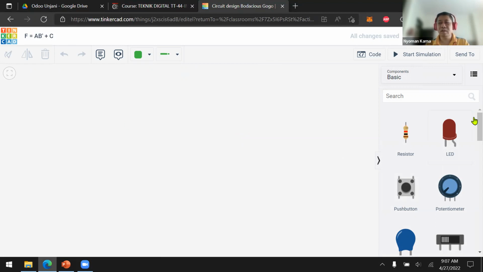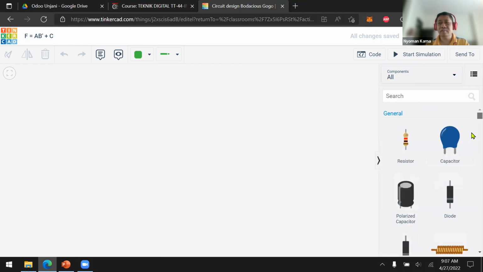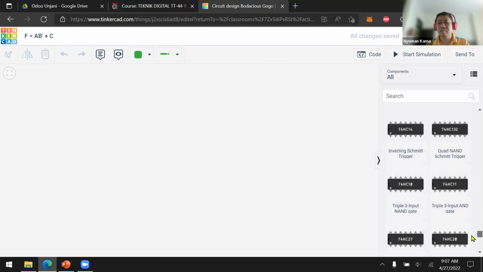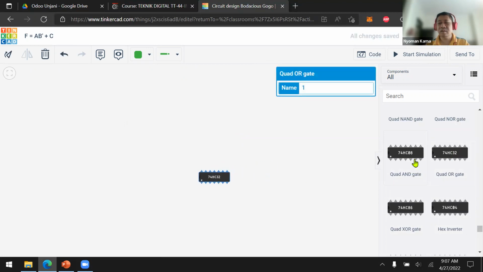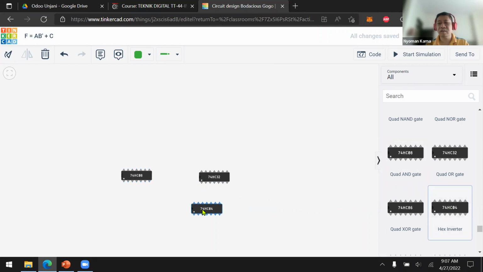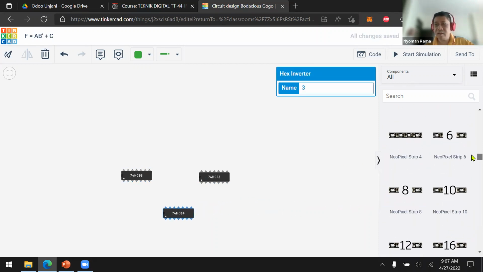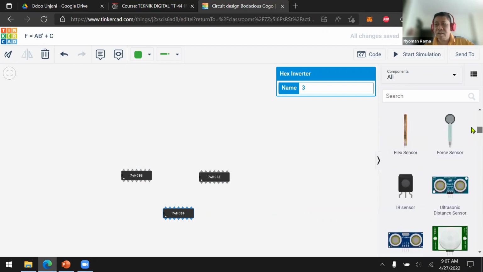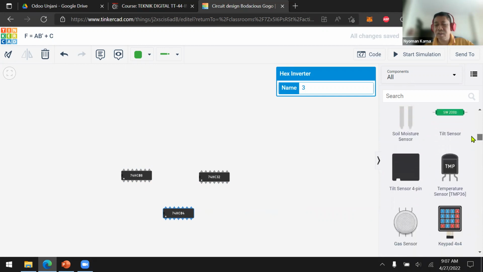Now we're going to need the OR gate. OR gate is this one. And then we need the AND gate. And also we need the inverter. And then we need the breadboard to make our circuit a little bit tidier.